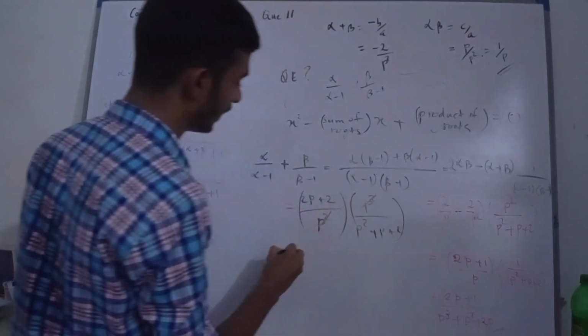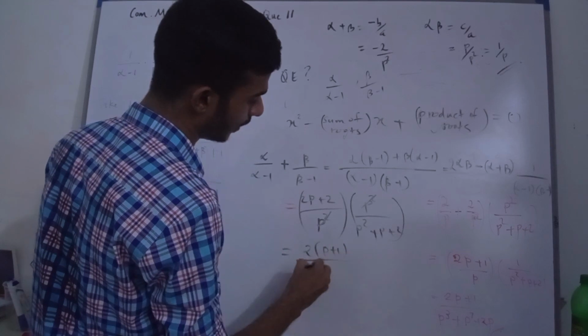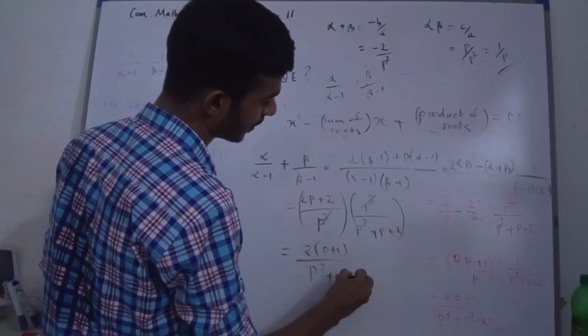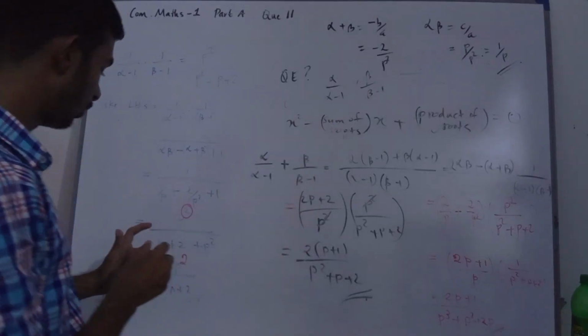Now p square will go. Now I can take 2 out, p plus 1 divided by p square plus p plus 2. Now this is the sum of roots. Now I have to find out